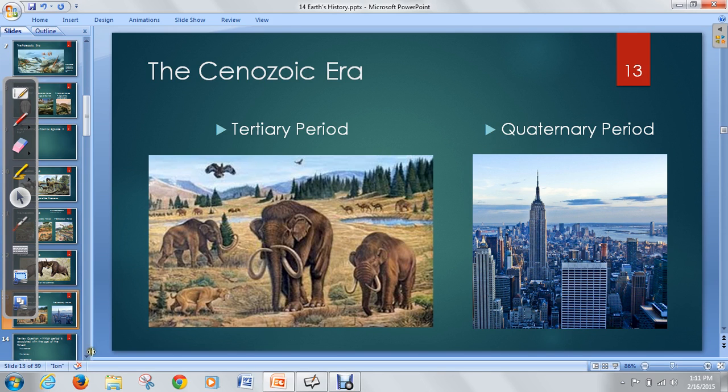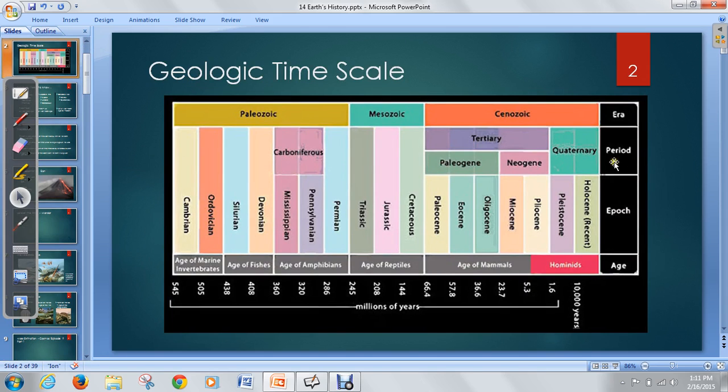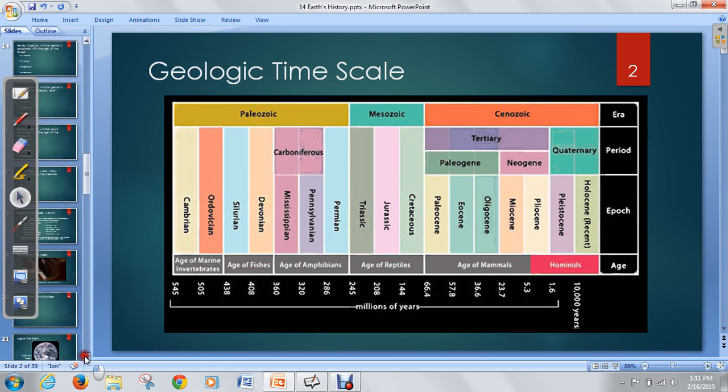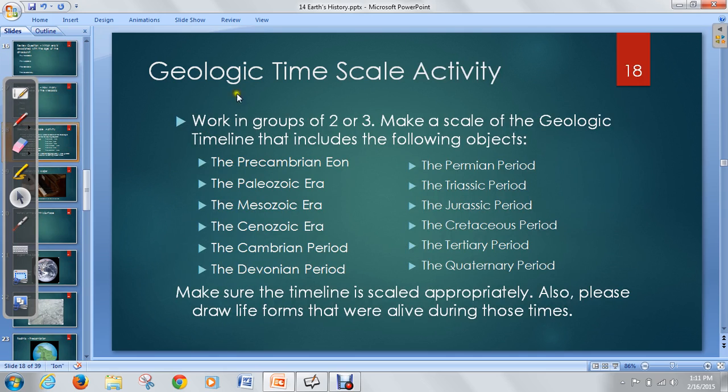All right, so that's just a quick overview of this whole timeline. Again, we just looked at certain sections of it. In class, we did an activity where we looked at the different time scales, and we drew it on paper so we could see what the geologic time scale looked like if you could blow it up. We taped 9 pieces of paper together, and we could see that the Precambrian time actually takes up a good section of the time scale.